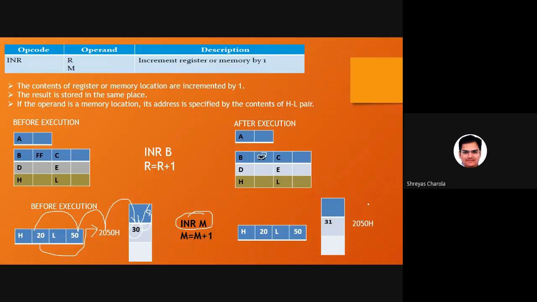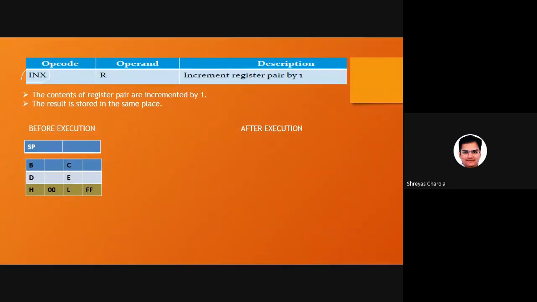Okay, fine. Now I'm going to ask a question. Yes, Arshit had asked how we can increment a location. Whenever you write INX, X in any instruction indicates a register pair. Whenever I write INX H, I'm talking about the HL pair. If the content in HL is 20 and 21 and I write INX H, this will be incremented by 1, so this data will now be 22. Is it clear now?